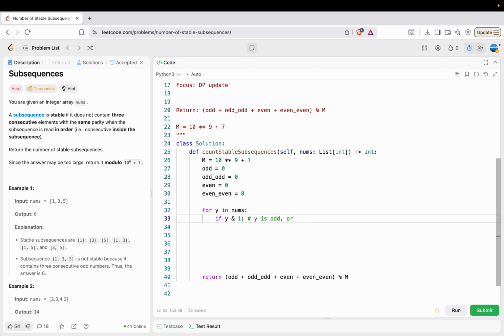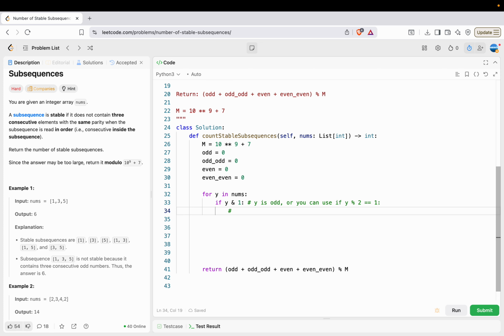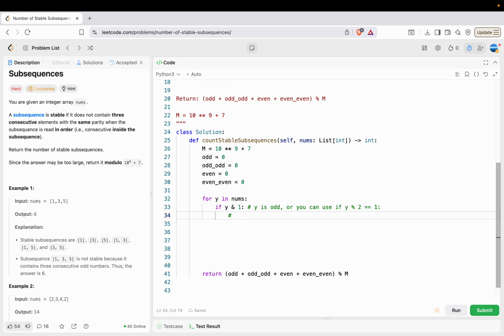Or you can use, say, if y modulo 2 is 1. That's also good, right? So if this is the case, first we can do this. Because y is odd, right? So y is odd, I can add y to each sequence